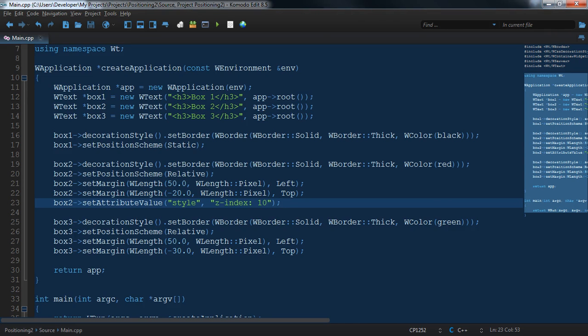So if you look at this, I just called the SetAttributeValue, and I've called style, which is part of an HTML tag. It's an attribute. And then I actually set the value, and in our case Z index, which would be 10. So guess what? Because I've set the Z index